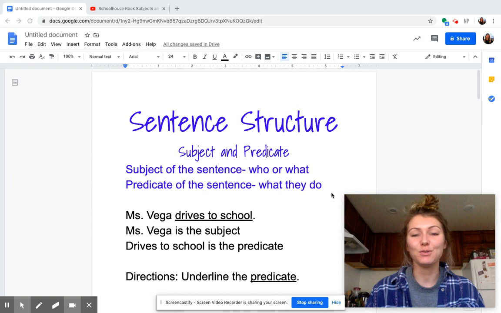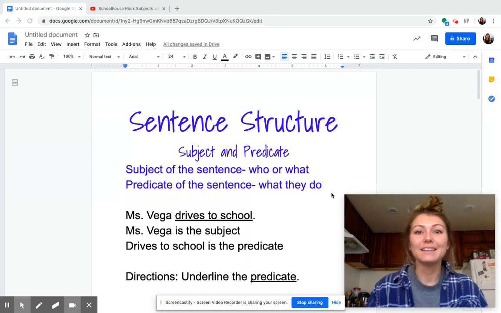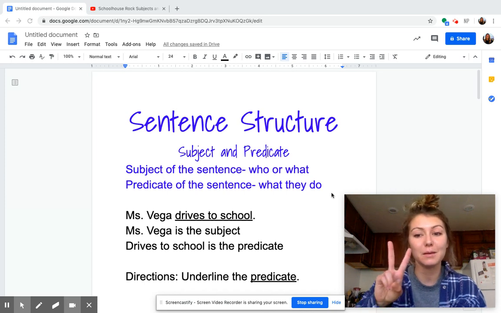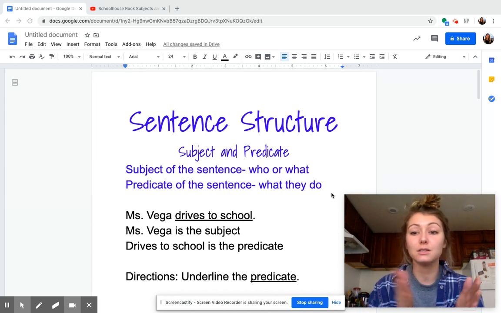We are jumping back into our writing lessons today. So, the last week before spring break, we were working on different forms of punctuation. We were working on usage of commas, quotation marks, exclamation points, question marks. And now today, we're going to jump into sentence structure. So, thinking about how do we actually write a sentence, a complete, good, strong sentence? What are the parts of a sentence? So today we're going to learn about the two main parts of a sentence, which are the subject and the predicate.